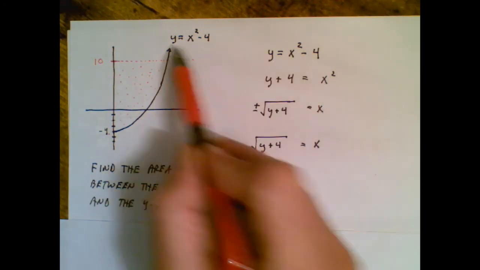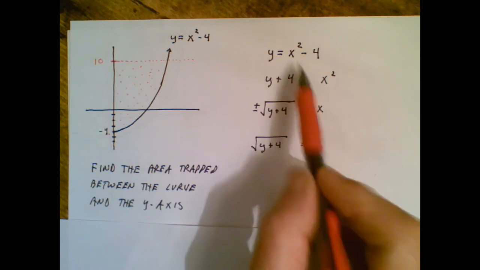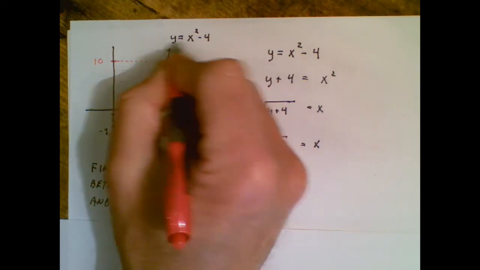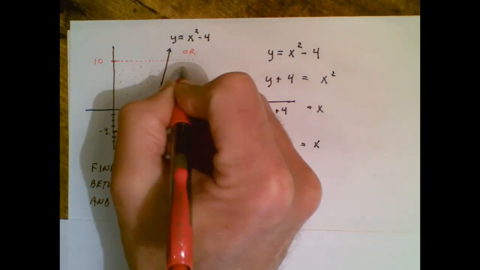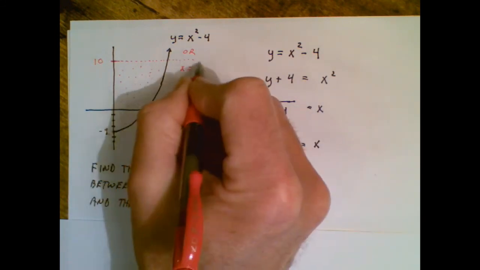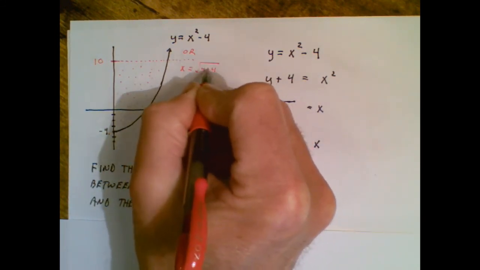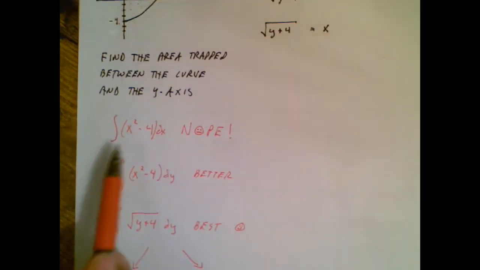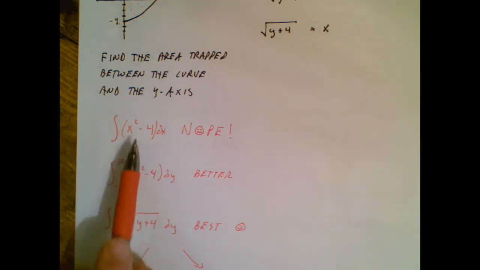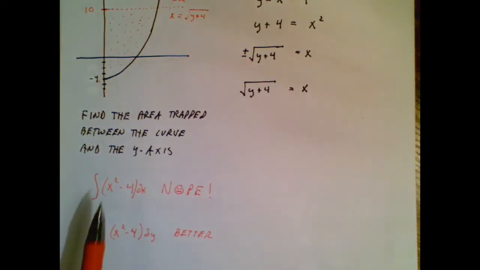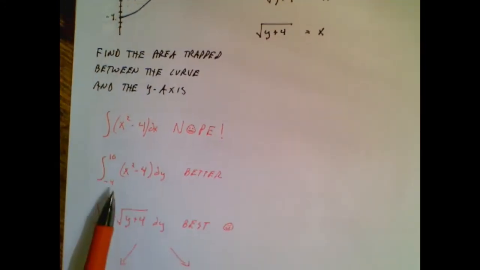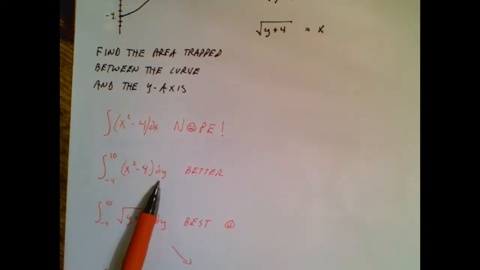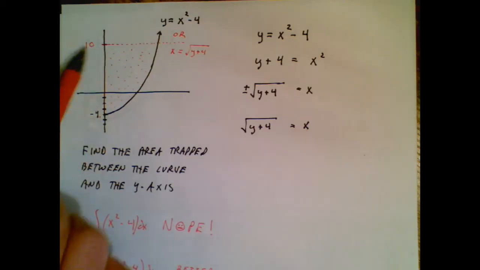I go ahead and I take my y equals equation and I solve for x. So now it's an x equals equation. So I really could say, well, yeah, it's y equals x squared minus 4, or it's x equals square root of y plus 4. Same thing. So now I can go do the math. I can't do integration with respect to x-axis because that's just giving me something totally different. It's not what I'm doing here. I could say, all right, well, I need to do integration with respect to the y-axis, which means I go from -4 to 10,